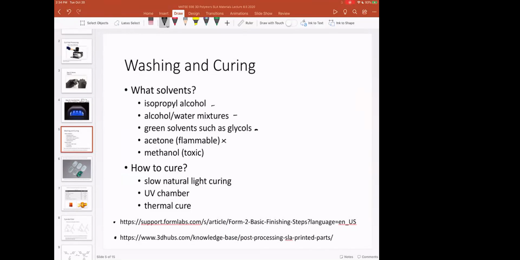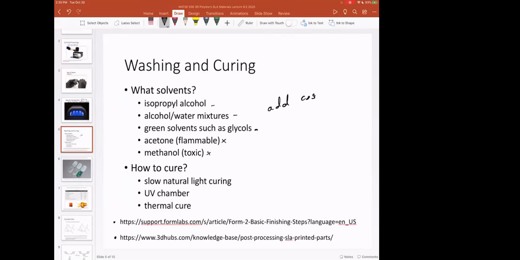And methanol is really bad because it's toxic, although some people use that. And so your life cycle of your part or the total cost of your part should include what solvents you're going to use, how often can you, or how long can you use them for, how much washing do you have to do. And so this can add